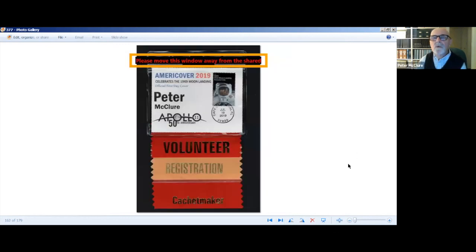Here's a unique cover. For AmeriCover 2019, the mood stamps were coming out about a week before AmeriCover. AmeriCover was in St. Louis. Foster and I were at the stamp show in Minneapolis on the first day of issue, July 19th. And I had the idea that anyone who had pre-registered for AmeriCover, we would put a stamp and a cancel